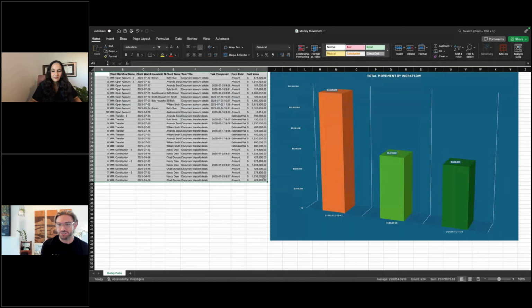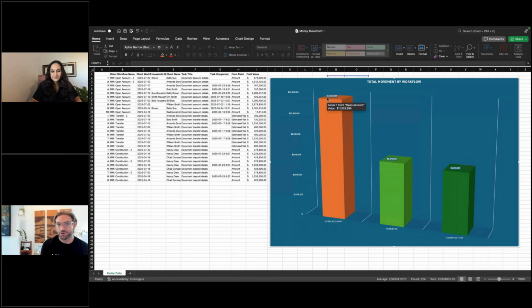And I just did a simple sum if on the field value amount. And here I can see we've opened up accounts in the last 365 days valued at $11 million. We've done 6 million of transfers and 5 million of contributions, for example. And so what I love about Hubly and what the fast growing firms are doing is, yes, they're using it for workflows. Yes, it's automatically tracking these things, but it doesn't necessarily 100% eliminate your spreadsheet. But you can get access to all the data that you previously had in your spreadsheet. It's at your fingertips. You can export it whenever you want, and you can build your beautiful graphs